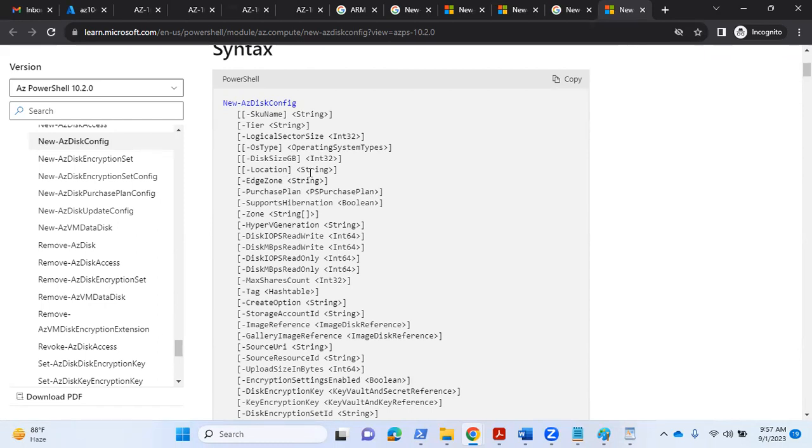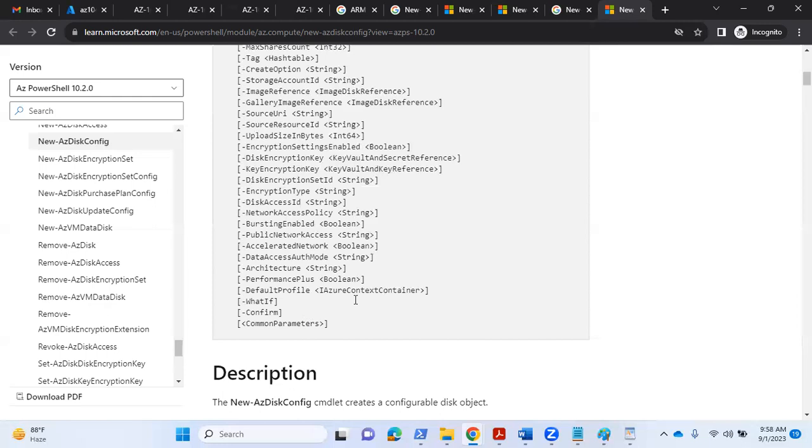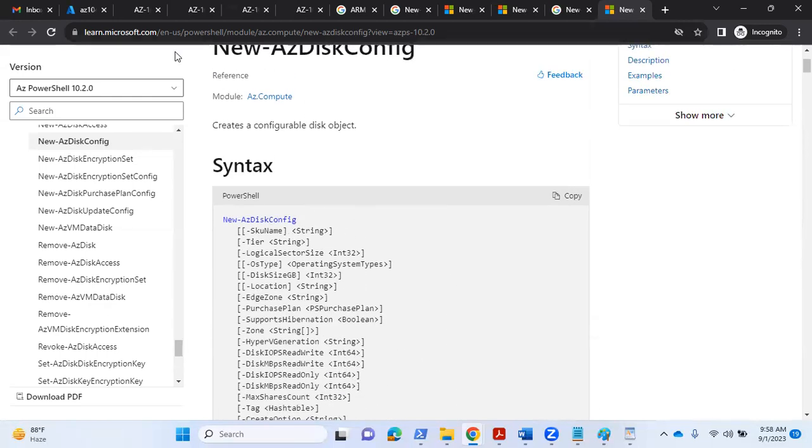You cannot learn all these options, so don't worry about that. You can always go and refer to these things in your organization also. Okay. So whatever work we do,